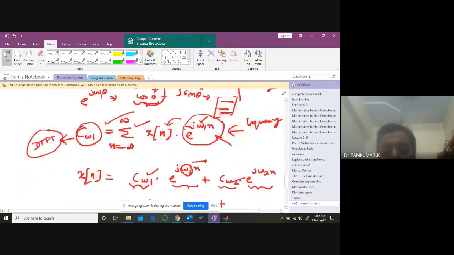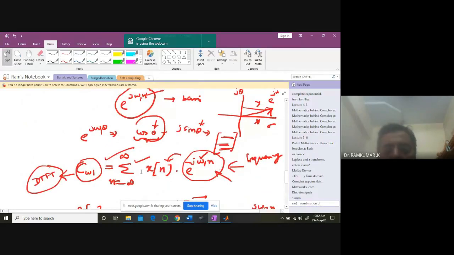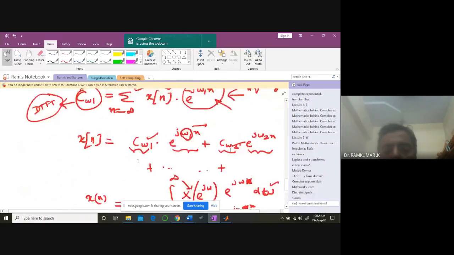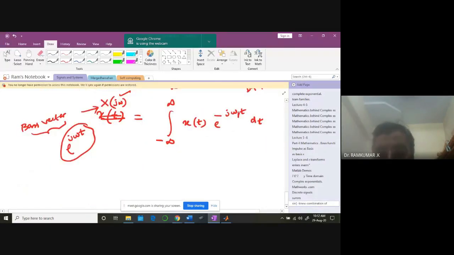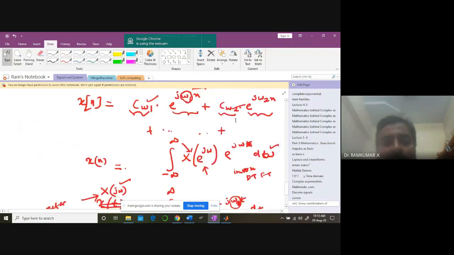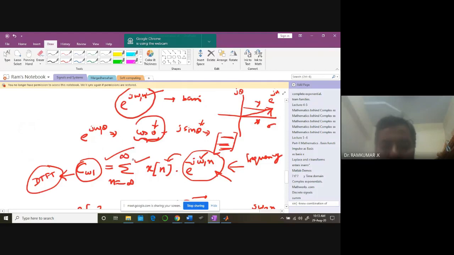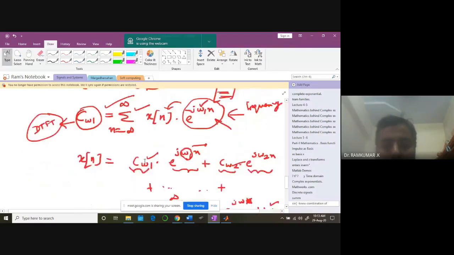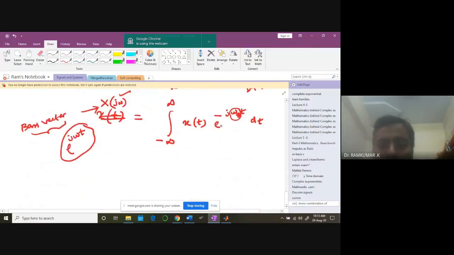In the same manner, if I do it with n varying between minus and plus infinity, I'll be collecting that data. Here also the same idea. So I have to integrate. When I integrate, I'll be collecting all the values. So you can keep e power minus j omega t. One by one, if I do, I'll be doing this. You understand what I'm saying? For one frequency, it is omega.